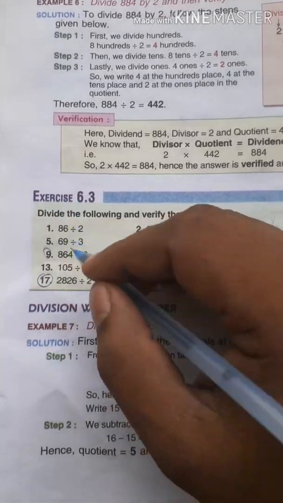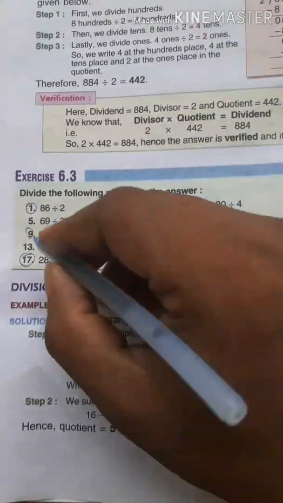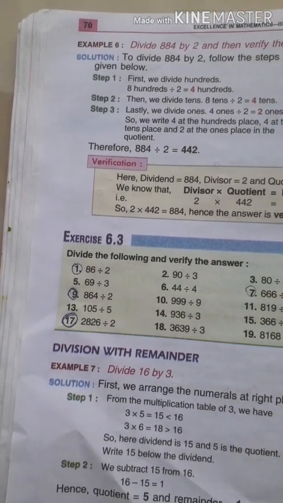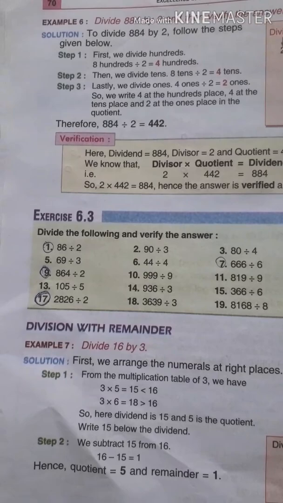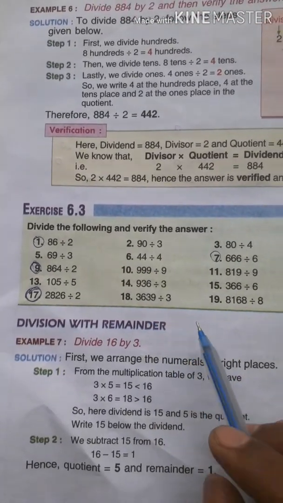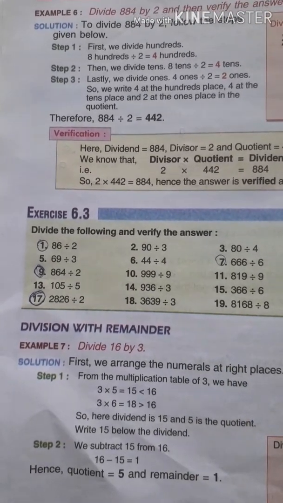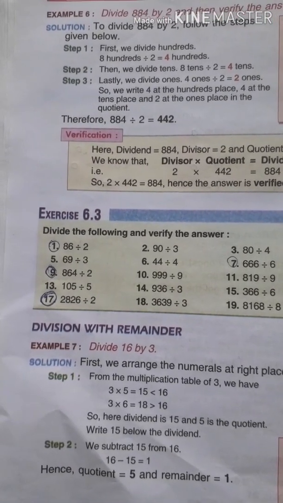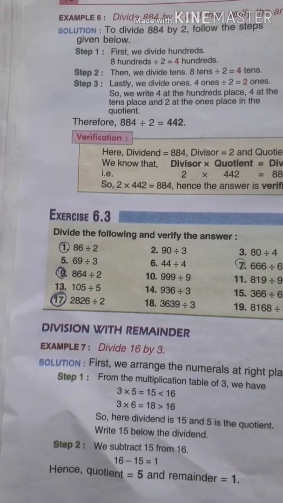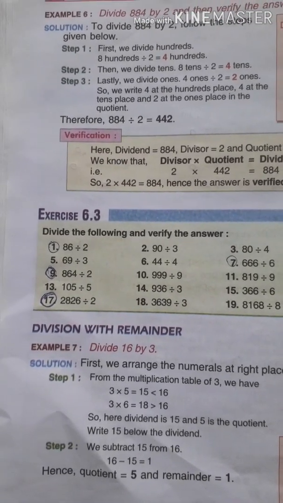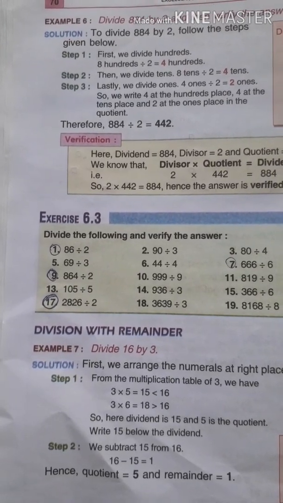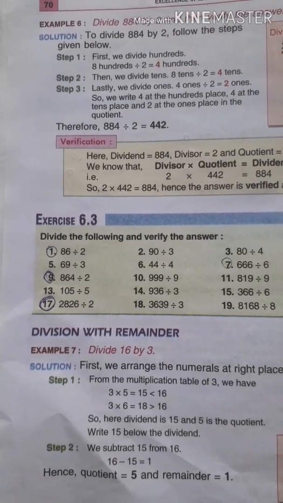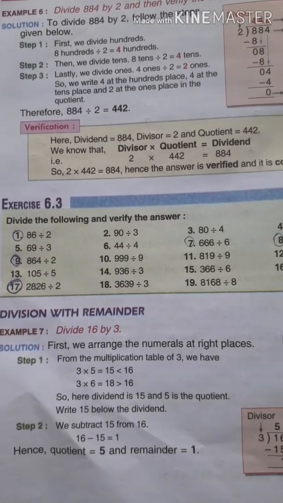Students, we are done with question number 1, 9 and 17. So students, all the remaining work is homework. So you must do this work during the holidays. If you have any doubt, you can contact me and submit the whole work on 23rd November. You have 12 more days. You can do all this work during the holiday. If you have any doubt, you can ask me or contact me.